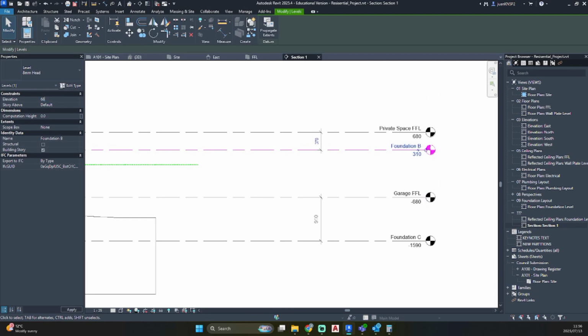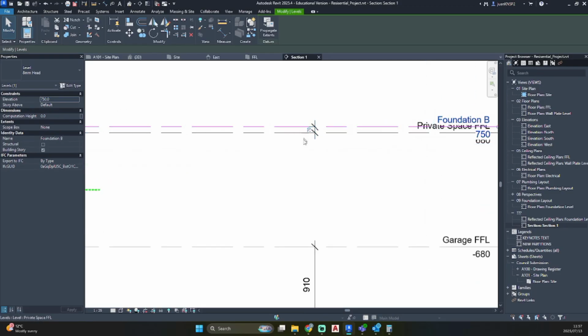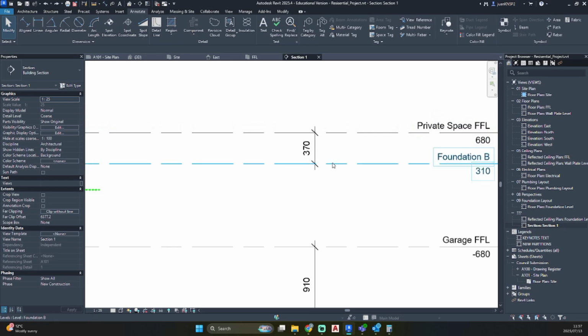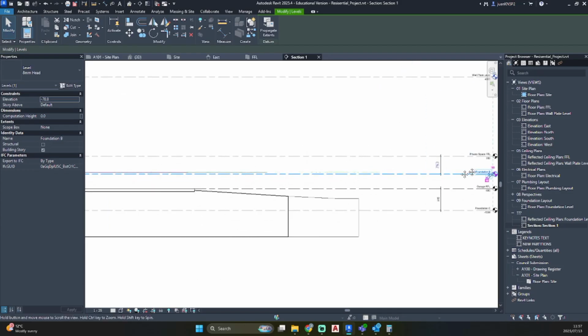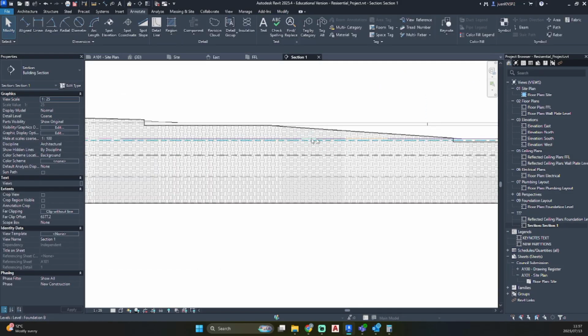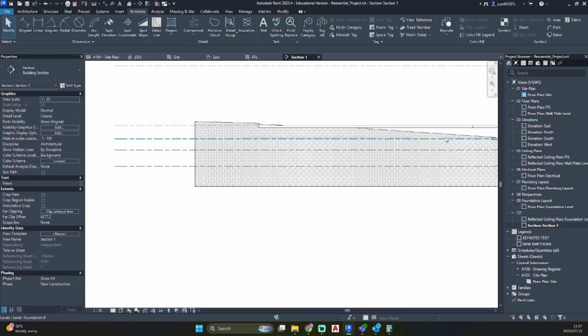So we would like that to be 750. And you'll see if you keep your mouse under the properties panel, nothing would really change. So you can see it moved to that because this is taking into account from level 0. So we now have to just undo, click there, 750, and you'll see our foundation line has been set up clearly.